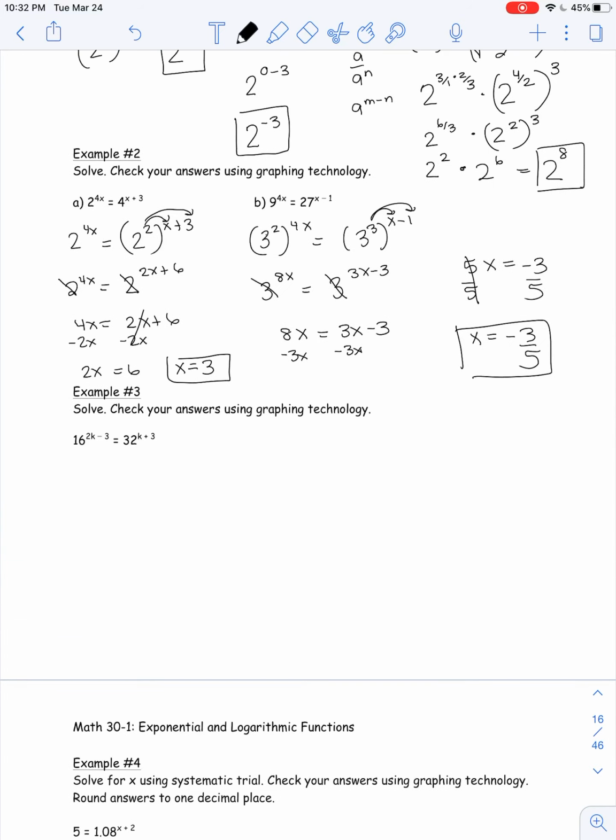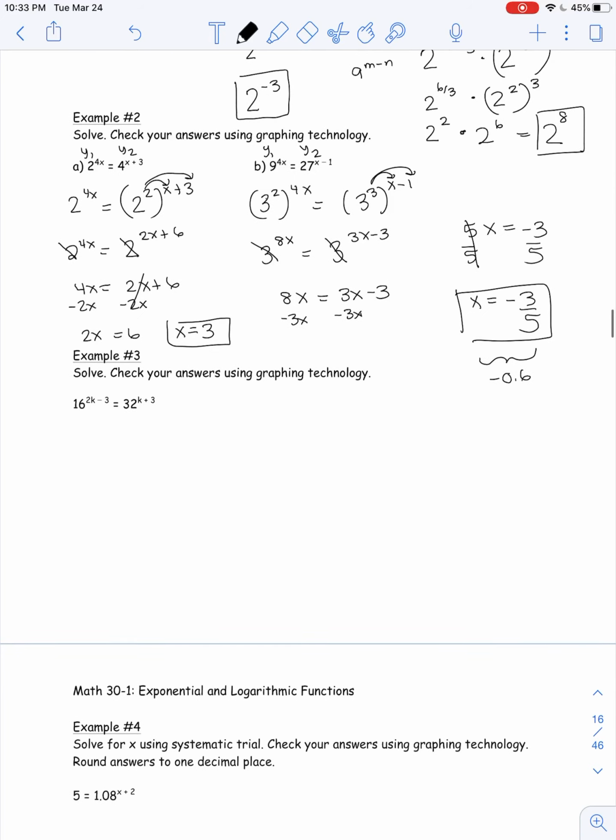Solve, check your answer using graphing technology. So with this previous one, I know that all these answers are correct, but to check, you would just go back to the original. You would put y1, y2, you'd go to your graphing calculator, and you'd find the intersection between them. And as you can see, in this case, it should be 3 for the first one, and then same thing for the next one. You would go y1, y2, find the intersection, and the intersection should match the point of negative 0.6, because that's what that is as a decimal. Okay, so that is how you